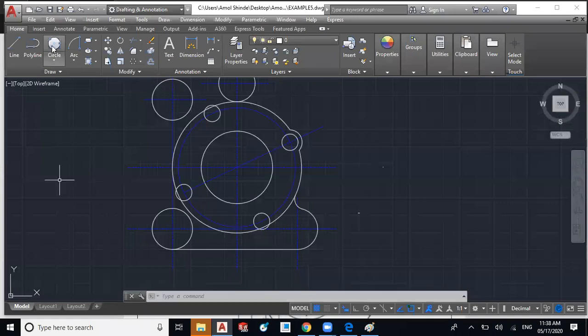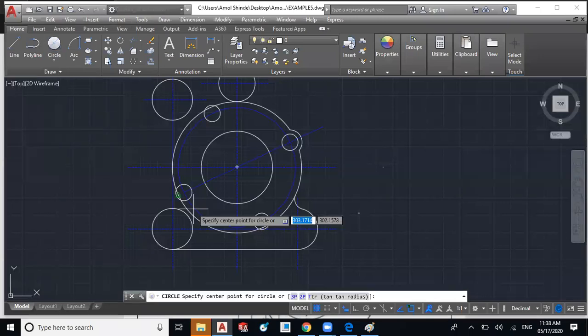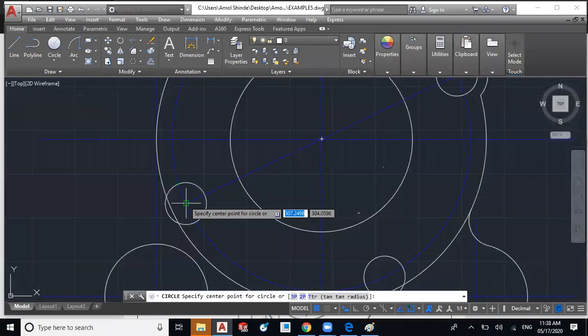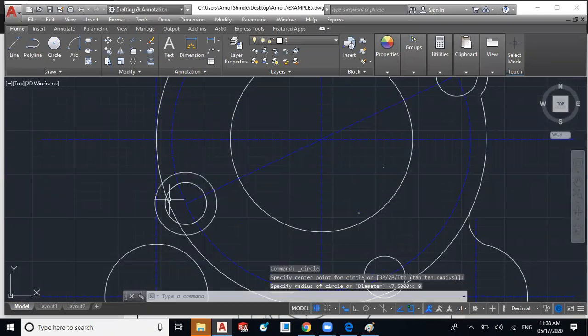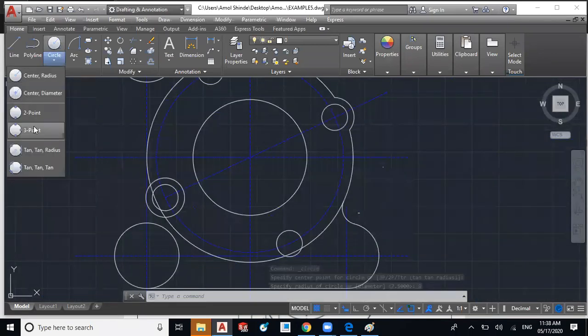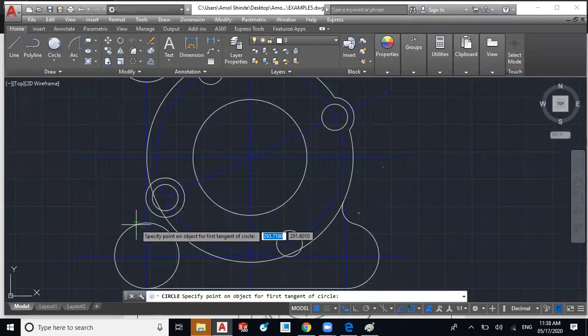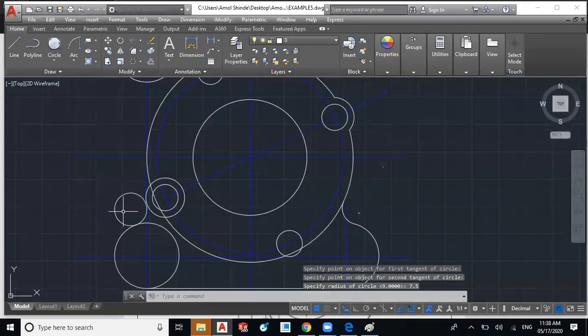So we will draw the center radius circle by using this center point. We have to create a 9 circle, and now we have to use tan tan radius circle, tangent to this circle, tangent to this circle. Okay, and the radius is 7.5 again. So we have created this.